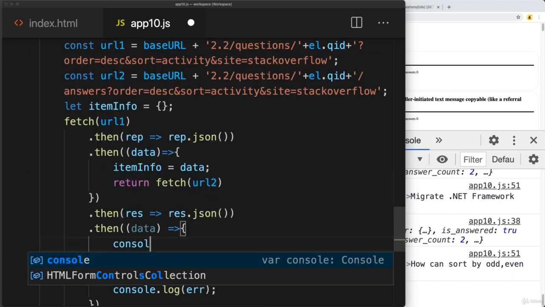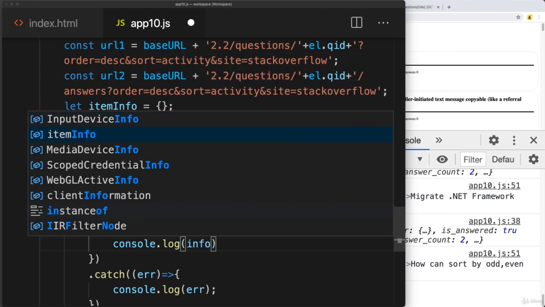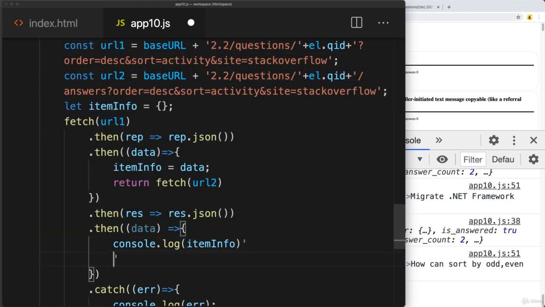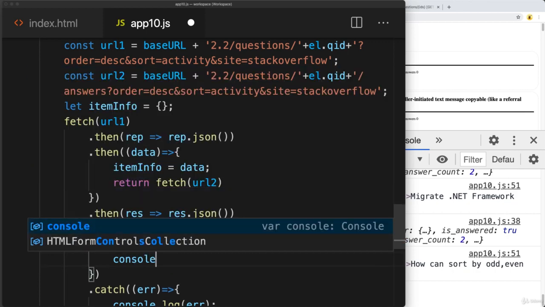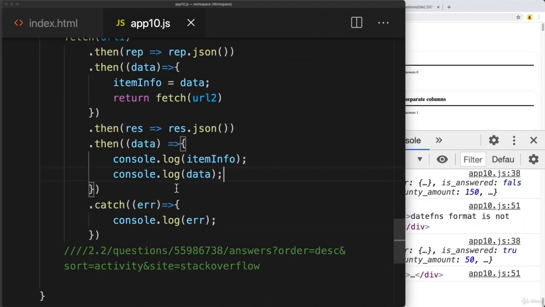And then here we're going to output the contents of info, item info, as well as the answers array, or the answers object, and that's going to be contained within data. So now we've nested the object information,